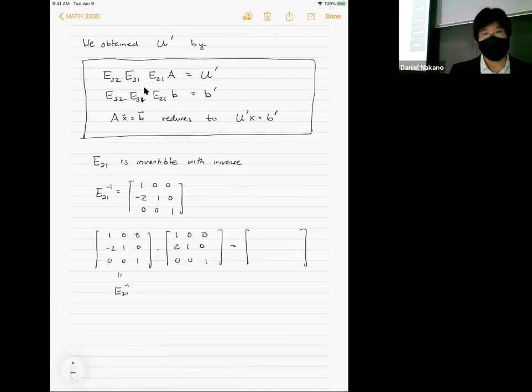out the first row, right? Like that. And then the next one is I take the dot product of this with all the columns. So I get 0, 1, 0. And then the dot product of the first row of E21 inverse with the columns of E21 is 0, 0, 1. So lo and behold,